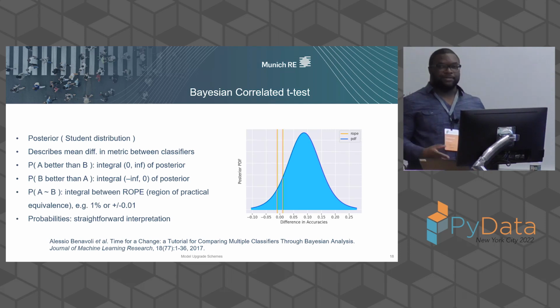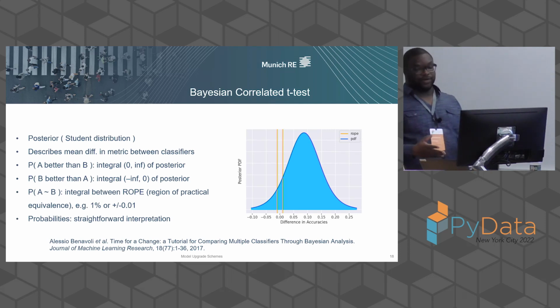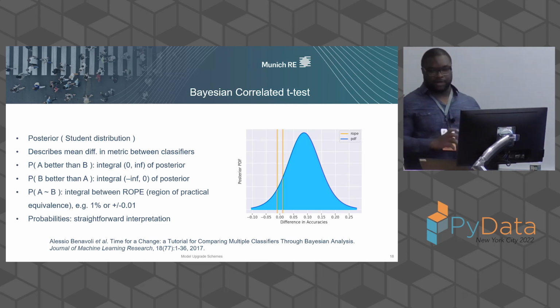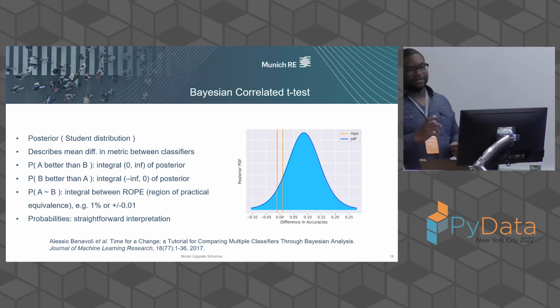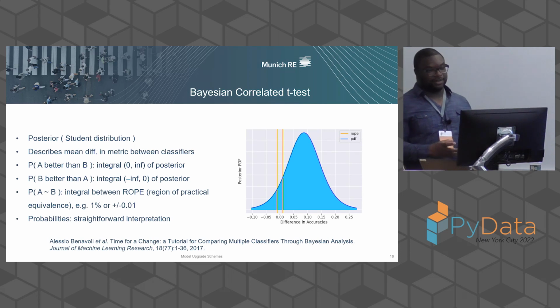This distribution describes the difference in accuracies, in the particular case we're looking at right now. If you look at the figure on the right, in that density plot, you see these two orange lines, which mark the region of 1% around zero in the difference in accuracies, a number you can decide beforehand and say